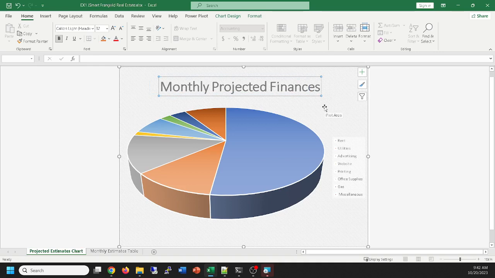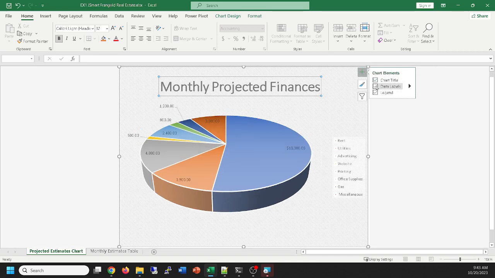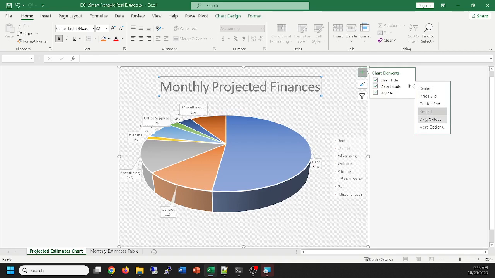There's lots of other things I can do to make this pie chart look a little better. One thing that's horrible about this is this tiny little color legend. I can't tell at all what color the different ones are referring to. So up here on the plus, I can add chart elements such as data labels. On the plus, check data labels. And there's also a little arrow to the right of that that lets me choose how my data labels are displayed. Let's choose data callout for my data labels